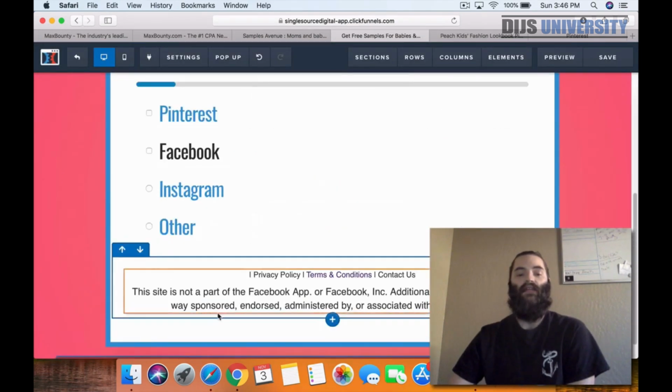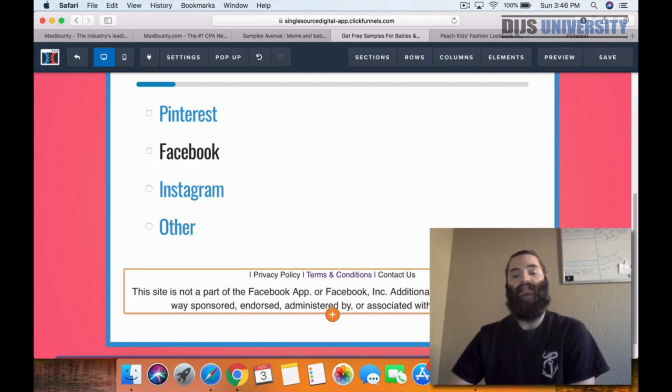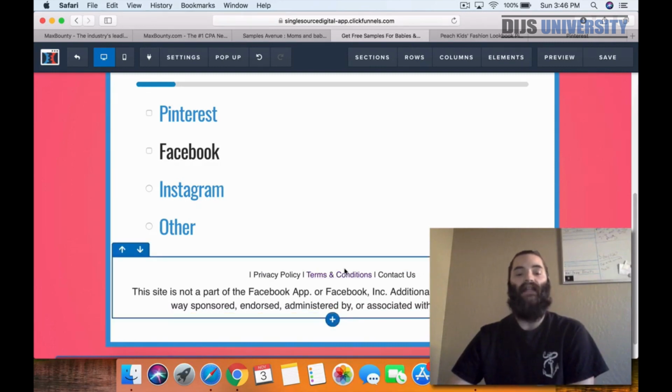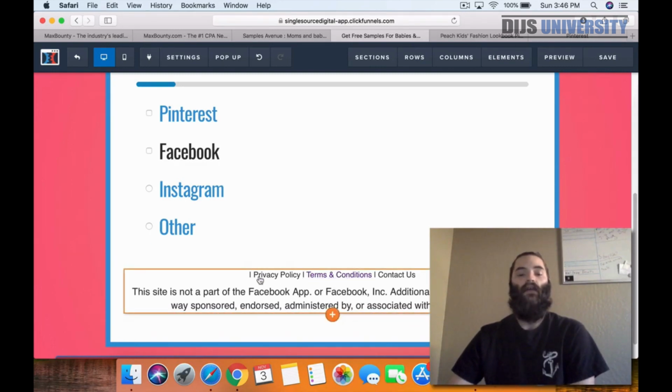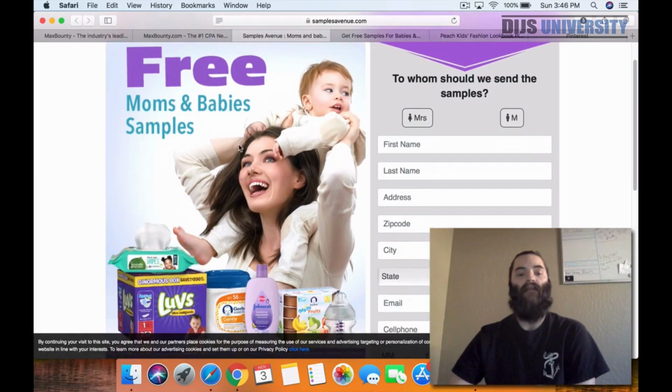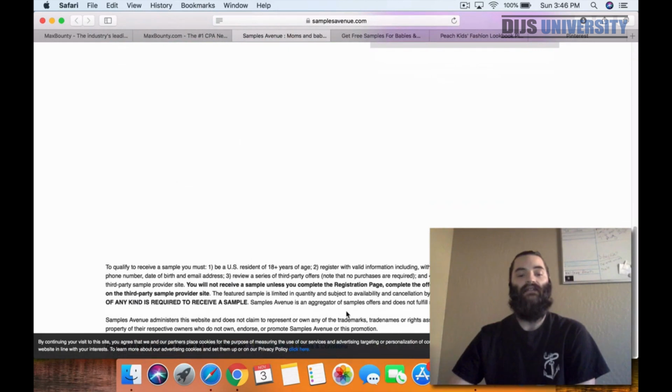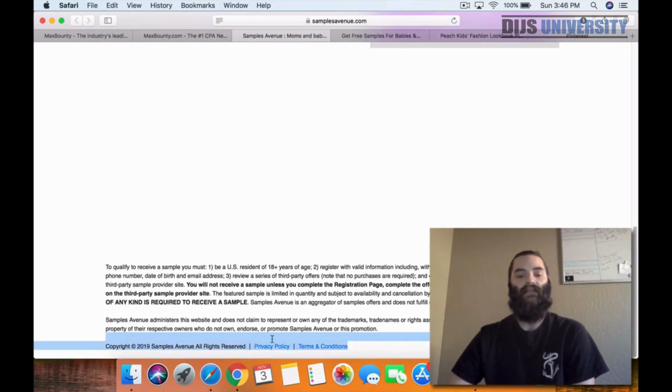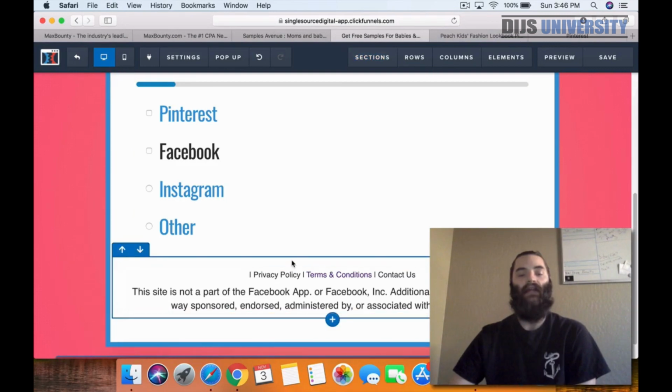The only other thing that you want to make sure when you're running Pinterest traffic is that you do have this all down here at the bottom set up. If you are getting the template directly from the AFK forum, this is already down here. You will just need to hyperlink, like I've done this middle one here, with the updated privacy policies that you can find on the bottom of the landing page, usually. So, where is it? Here they are. It was being covered. So you can find all that information down here. You would just open them up and then copy the links and edit them down here on your own landing